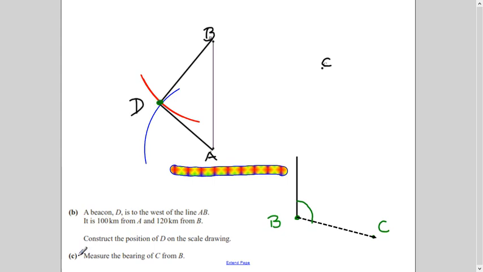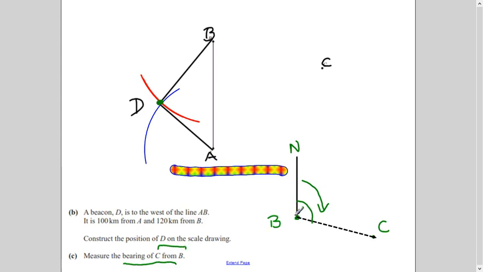Now second part of the question is saying measure the bearing of C from B. Now you must know in bearing, when question says from some point, like it is now from B, you draw north at this, right? And after drawing north at this B, you can use ruler or you can use just vertical line. And then you go clockwise and read the angle which is joining the line BC, because we are talking about bearing of C from B, right?